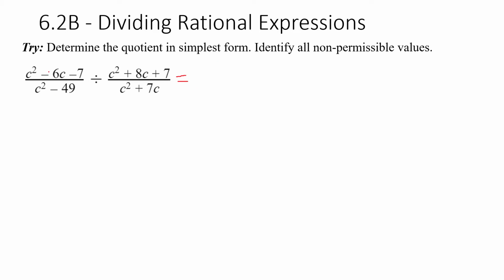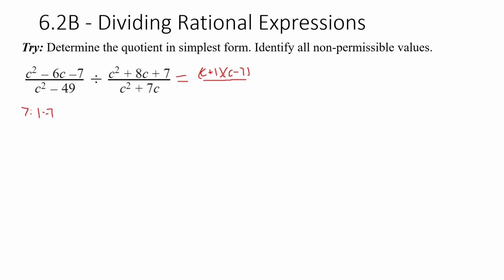So equals, let's do this one, the numerator of the first fraction here. We want to find two numbers that multiply together to give negative 7, but add together to be negative 6. So our factors of 7, it's a prime number, so our only option is 1 times 7. The only way to get negative 6 from this is a negative 7 plus 1. So with no coefficient here, we don't need to decompose the middle. It'll just turn into these two. So we'll have c plus 1 times c minus 7